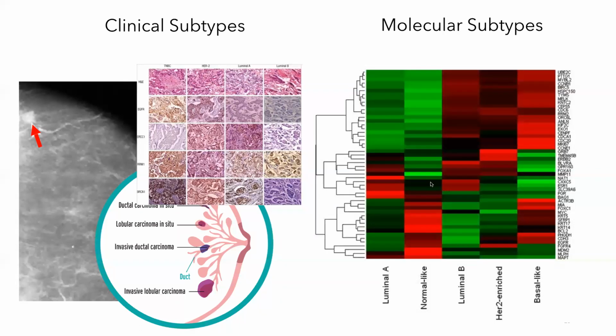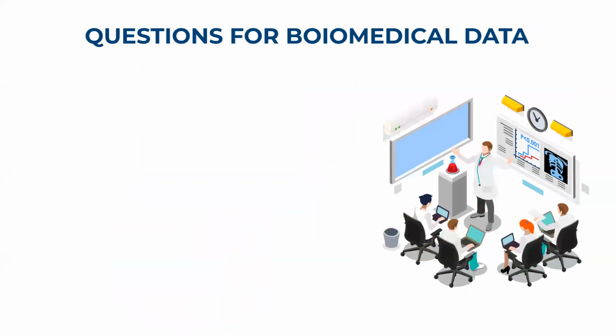What is the survival? How will they respond to drugs? How do we assign them to a specific group of patients? So let's talk a little bit about what types of questions there are that we can answer using data analysis. Patient stratification. Patient stratification has to do with subtypes, with identification of well-defined groups,